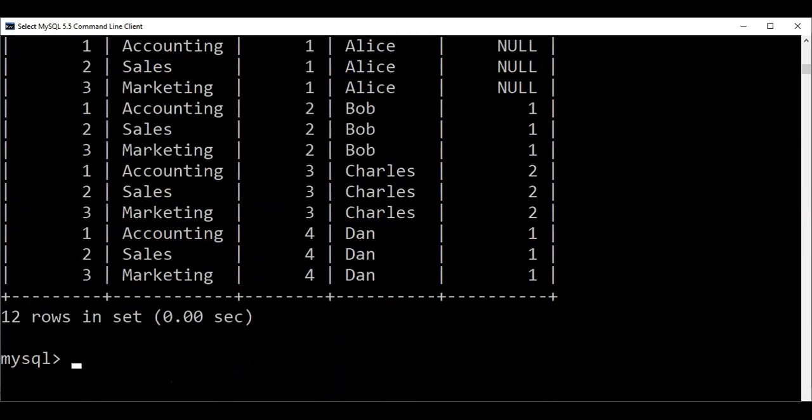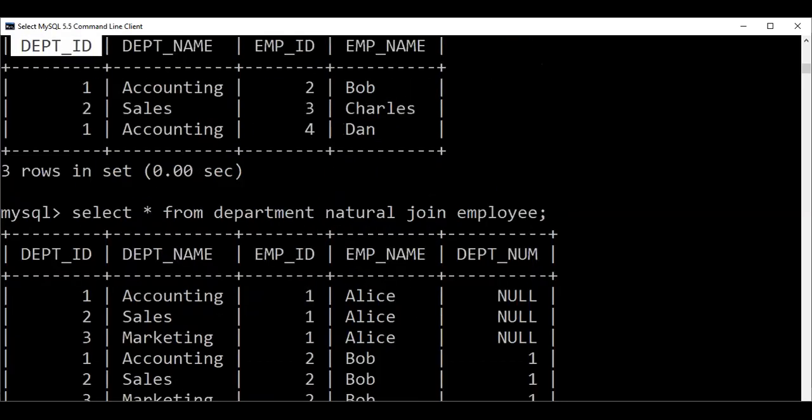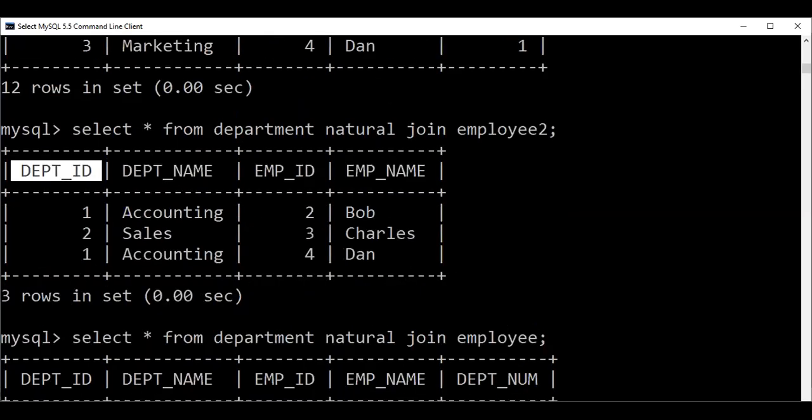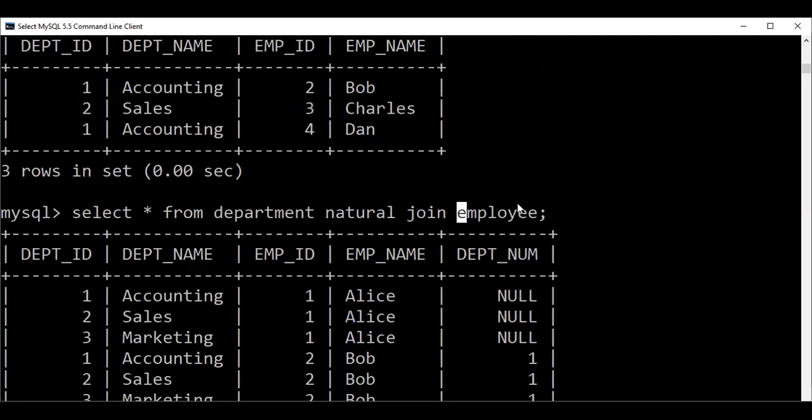Now again I am repeating. How can you make employee apply natural join? One possible case is that you alter it. Remember, the natural join is a special case of equi join where the equal operator is not required, provided there must be a common attribute. So we can change this employee to make it a natural join.